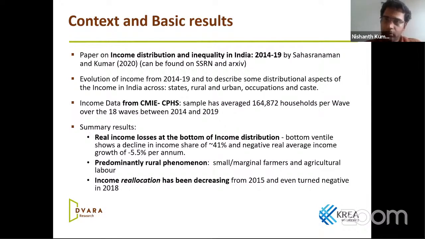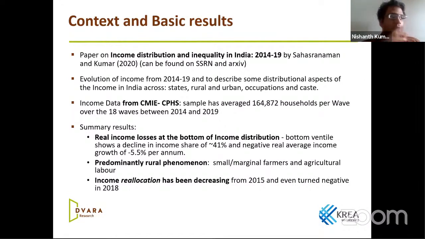decline in income share of the bottom ventile, which is the bottom 5 percentile of the income distribution. It is a marginal reduction in shares, but when you calculate how it declines, it's a significant amount. And then there's also a real loss in terms of income, where the bottom 5 percentile has a negative growth rate of 5.5% over this time. So broadly, it's showing us that there is some real income loss at the bottom